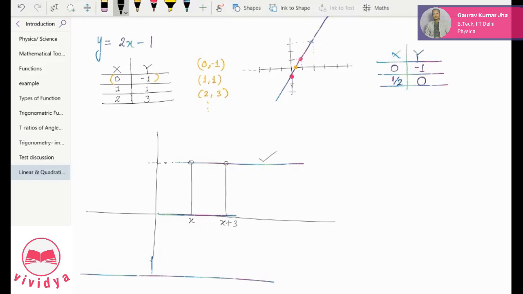No, if you write y equal to x plus a, if I put x equal to 1, y will become 1 plus a. If I put x equal to 2, y will become 2 plus a. So the value of y is changing where it should be constant. The equation should be such that no matter what value of x you put, the value of y should remain the same. Y equal to constant. Think.